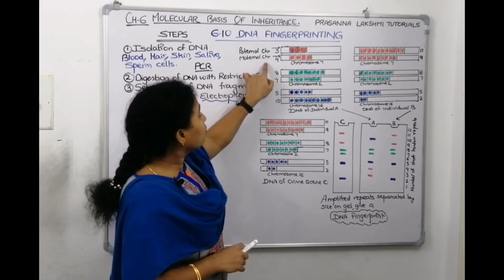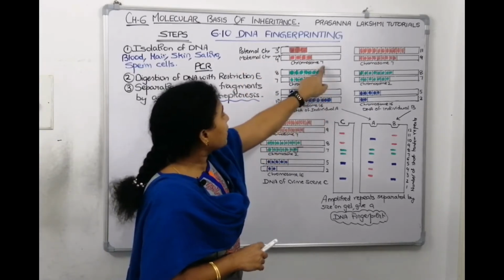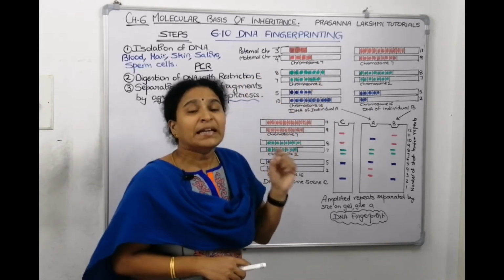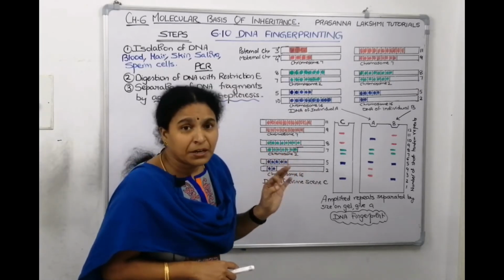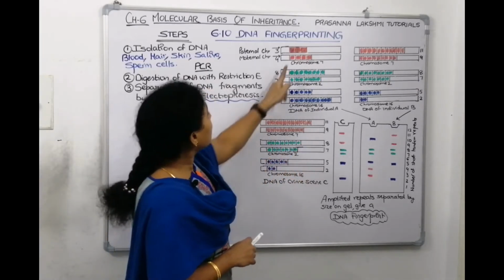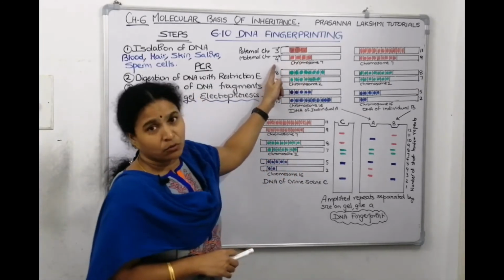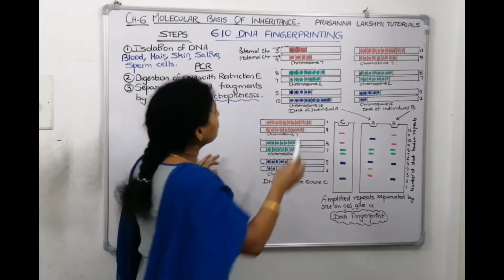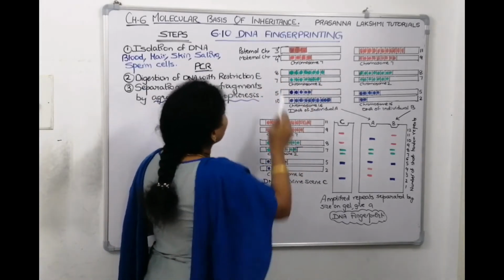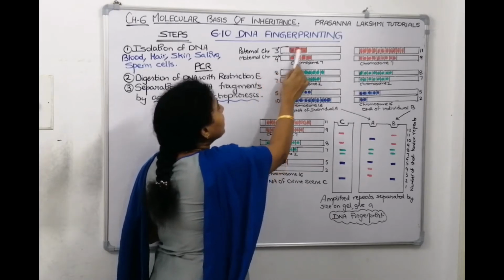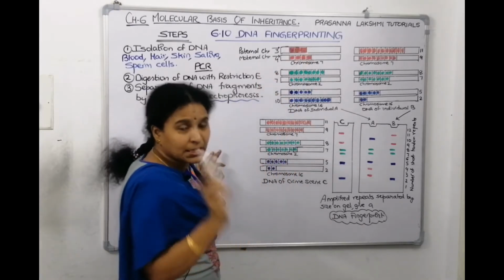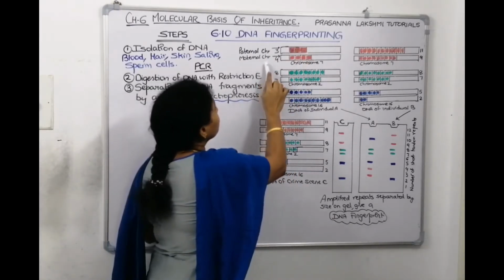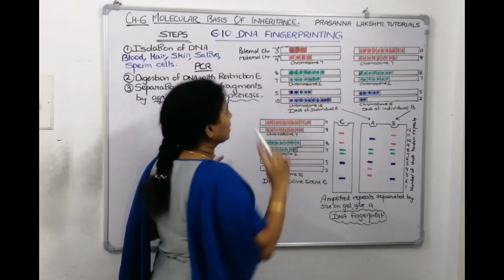Now, the maternal chromosome of individual A, the 7th chromosome, how many tandem repeated DNA sequences is it having? It is 4. See, 1, 2, 3, 4, I counted and I wrote here. So on the 7th chromosome, the paternal chromosome is having 3 tandem repeats, repetitive DNA sequences, and the maternal chromosome is having 4 tandem repeats.